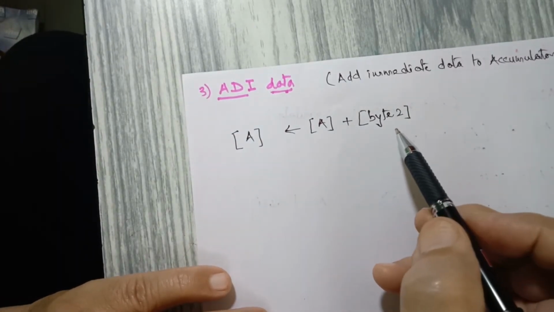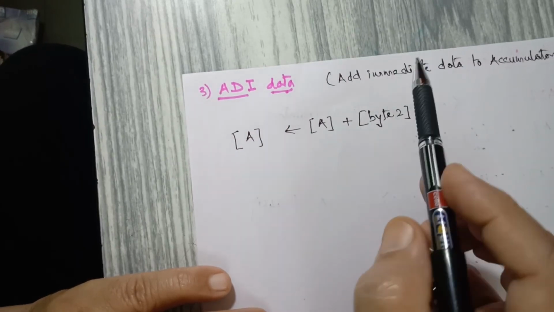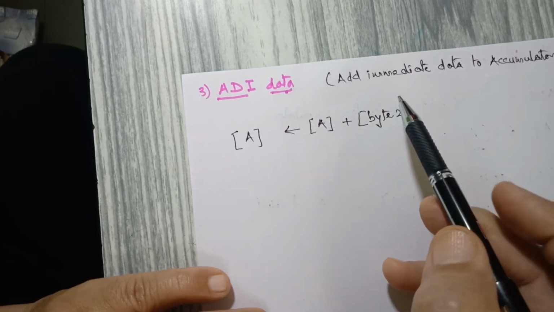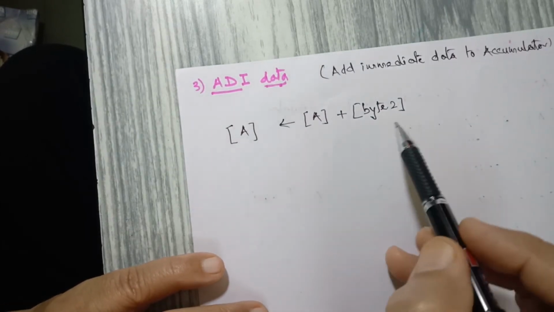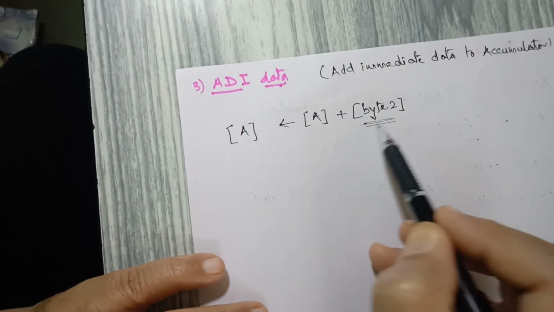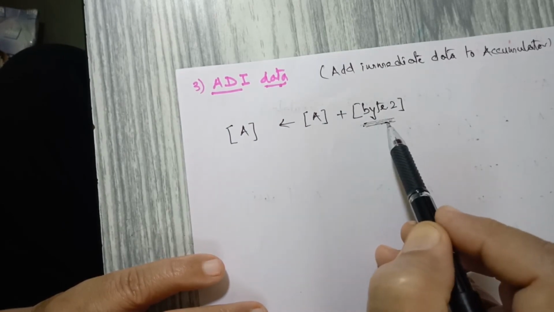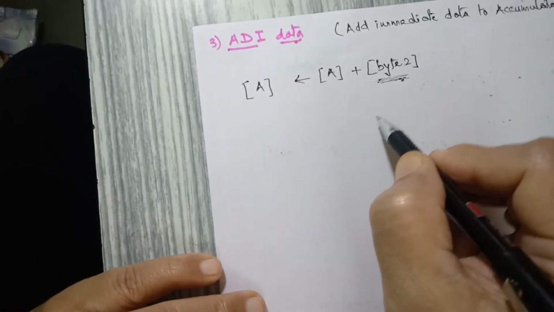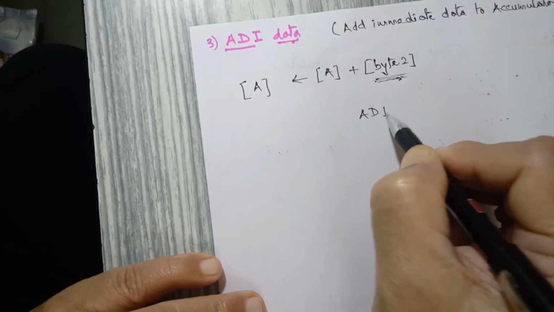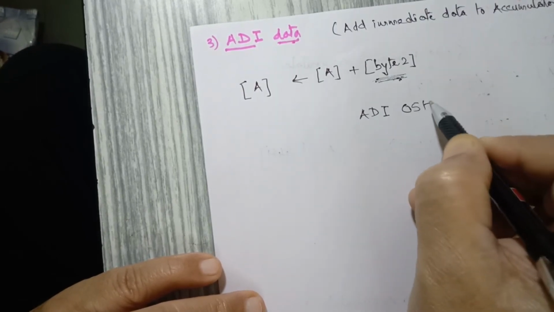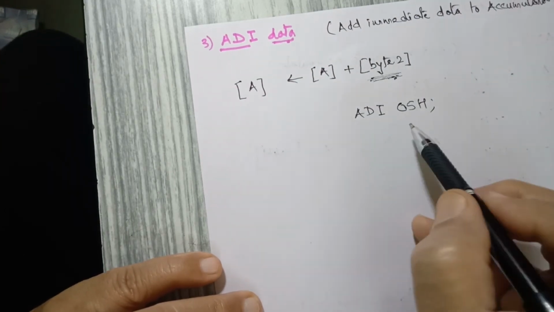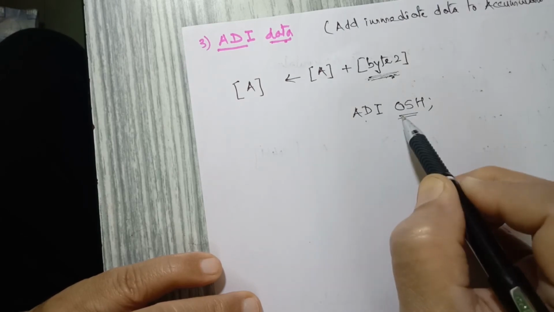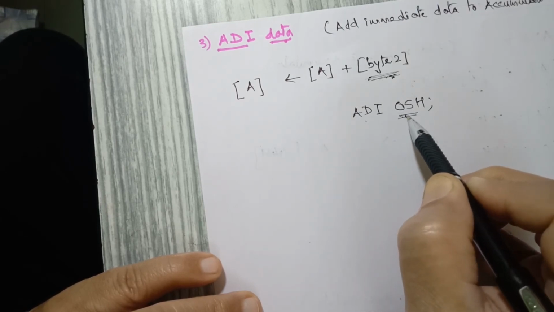See the difference. पहले इंस्ट्रक्शन में रजिस्टर का कंटेंट ऐड होता था, दूसरे इंस्ट्रक्शन में मेमोरी लोकेशन का कंटेंट ऐड होगा, और ये तीसरी इंस्ट्रक्शन जो है इसमें आप नंबर प्रोवाइड करेंगे, your own number, आपके दिल में जो नंबर है वो आप एक्यूमुलेटर में ऐड कर सकते हैं. For example, ADI 05 hex, this is the instruction. That means you are giving the number directly, immediately after this. So this immediate data will be added to the accumulator.